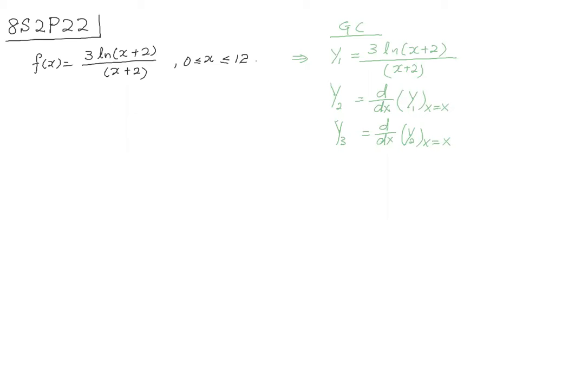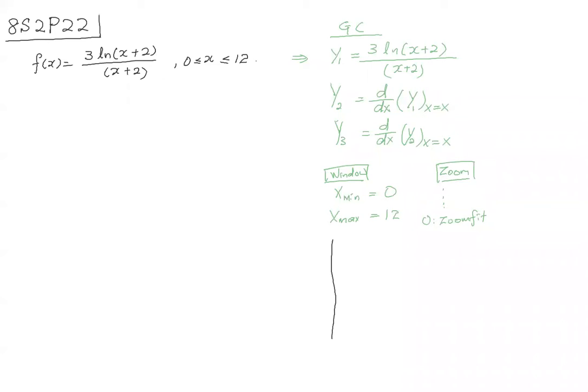Set the domain. You know how to set the domain? You go to window. You have your X minimum, correct? Yeah. Put 0. Your X maximum, you put 12. Then you do a zoom. Then you select, go down, zoom fit. Zoom fit is 0. Okay. So you will get a graph